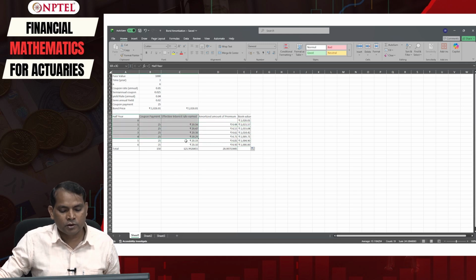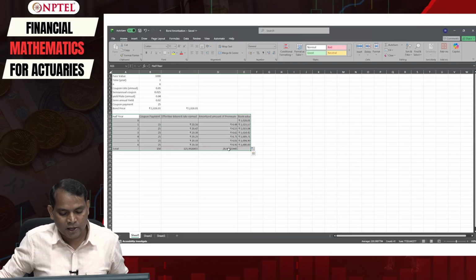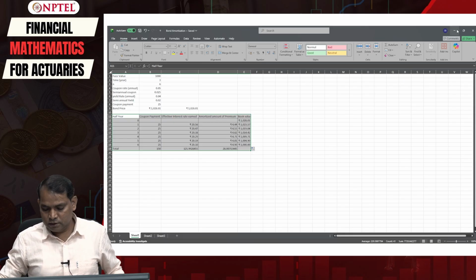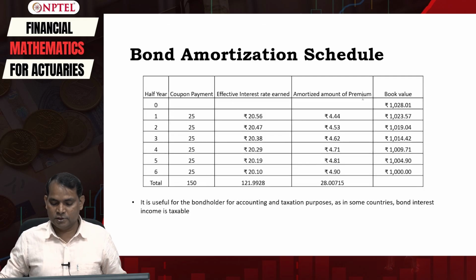Now you can copy it and paste it there. We will get the exact same table we had earlier. I have simply copied it from there and pasted it for your purpose.